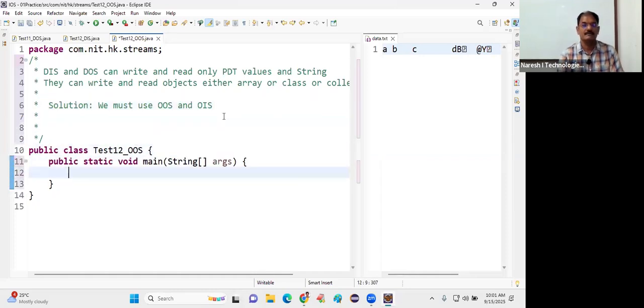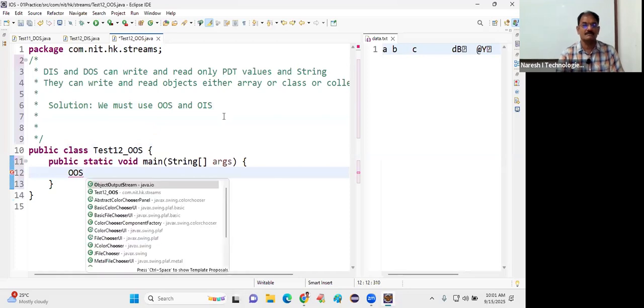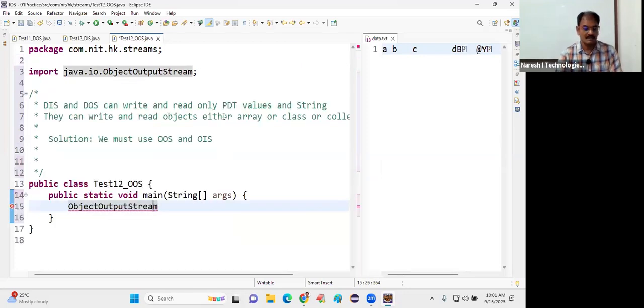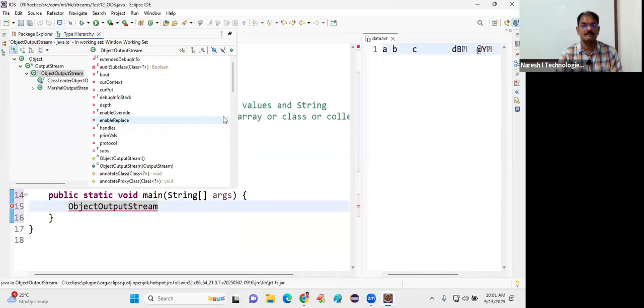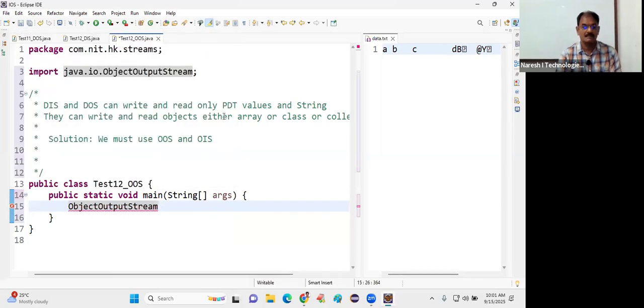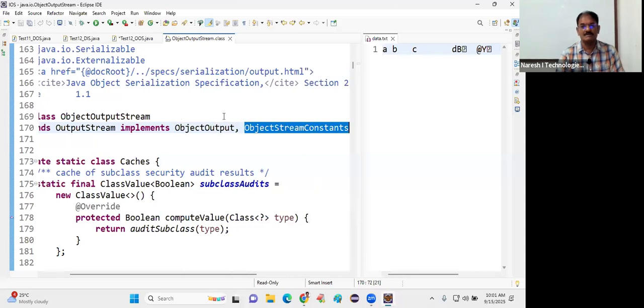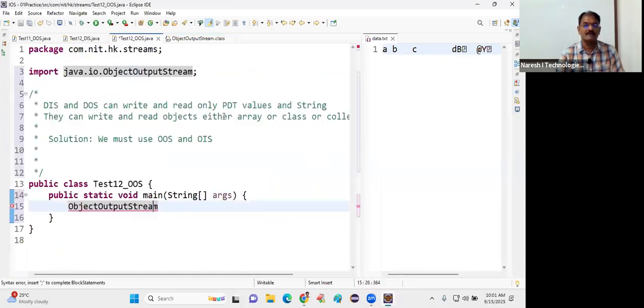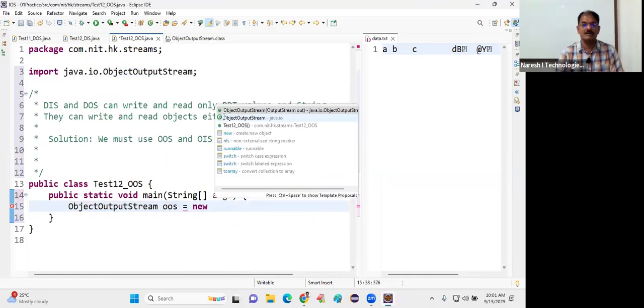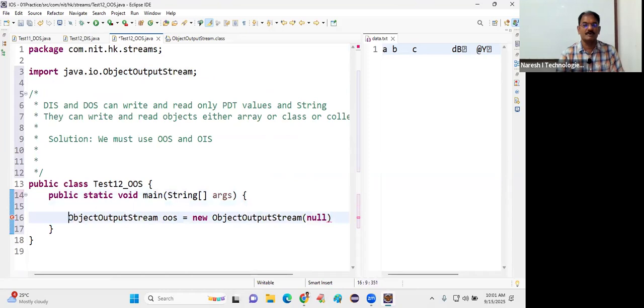Now, object output stream is a subclass of output stream, and implements object output and some constants. Okay, right. Now ObjectOutputStream oos equal to new ObjectOutputStream of, very important point,